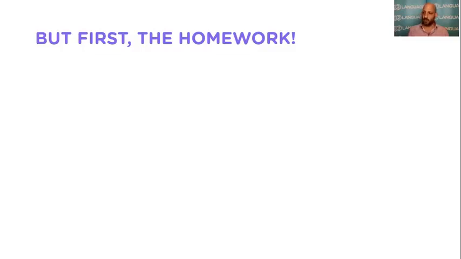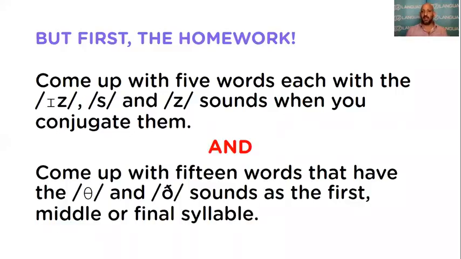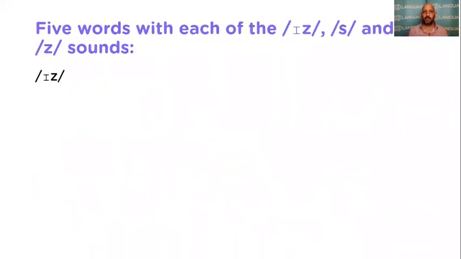Last week we spoke about the s and z sound that comes at the end of words, and I asked you to come up with 5 words that you can conjugate with those sounds at the end. And then the other one was the unvoiced and voiced th sound, where you have the th in the middle, at the beginning or at the end of the word. I hope you came up with your words. These are just some that I'm putting up to refresh your memories and to show you that I actually did a little bit of homework as well.